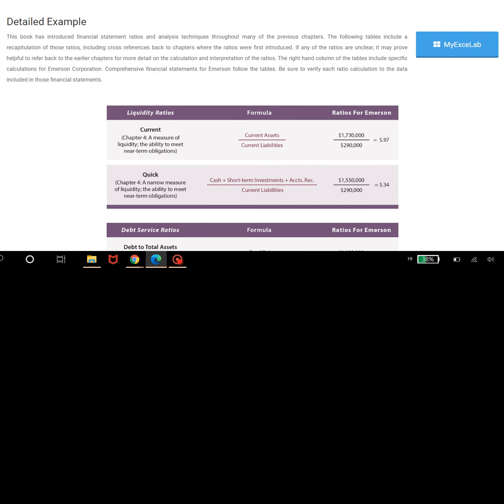So basically, why are ratios used? Because it is not possible for our stakeholders to read each and every detailed component of our balance sheet. They just want something very comprehensive that could easily help them to take their financial decisions. So that's why the concept of ratios was introduced.